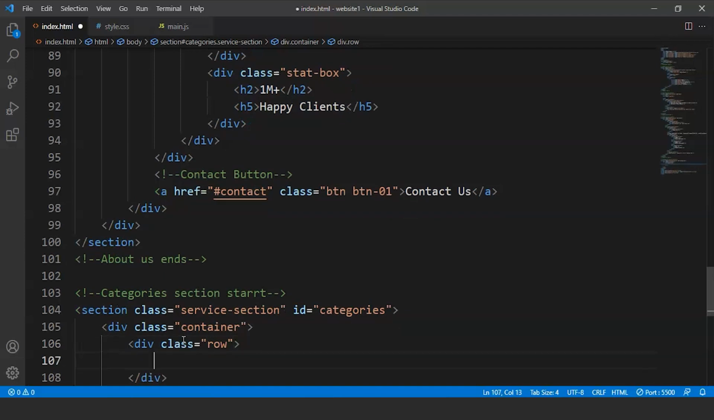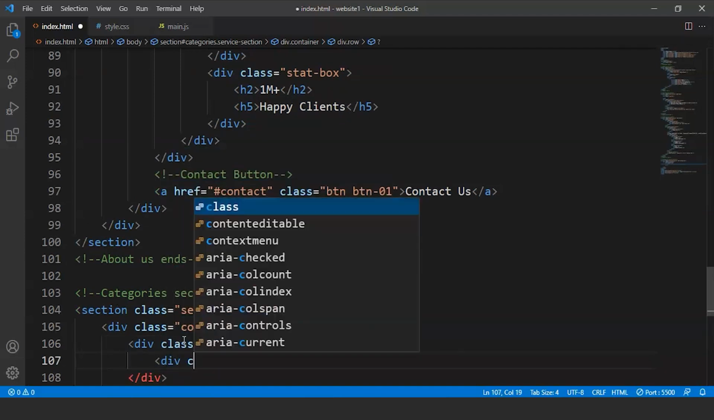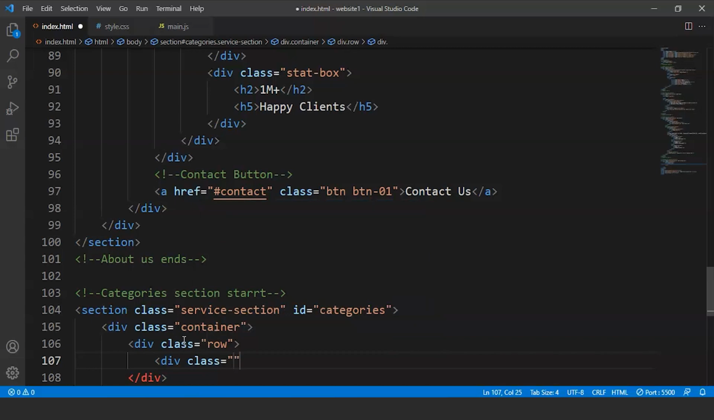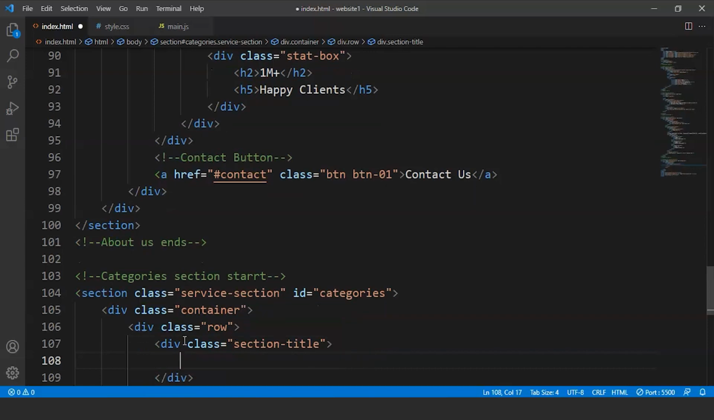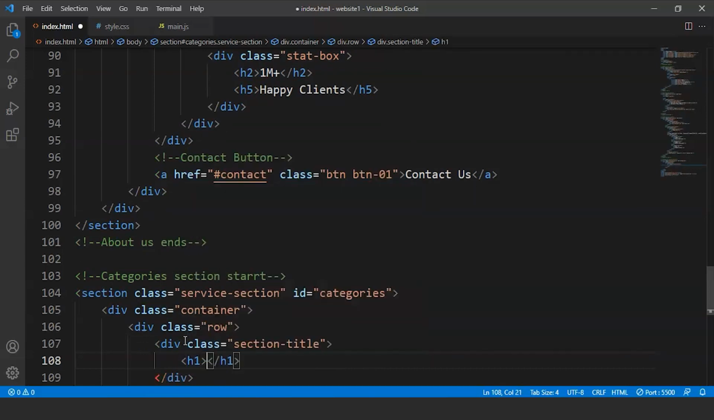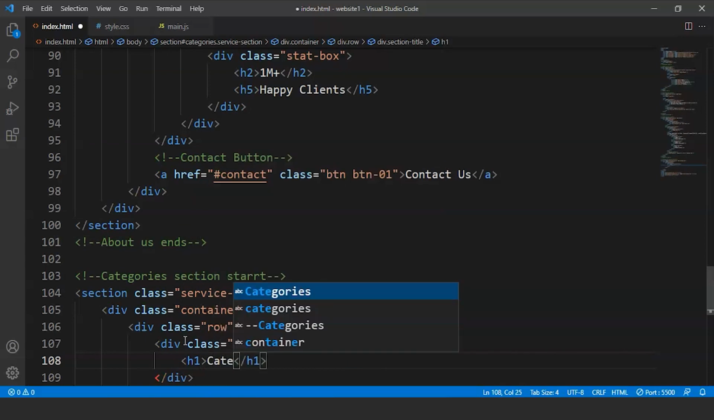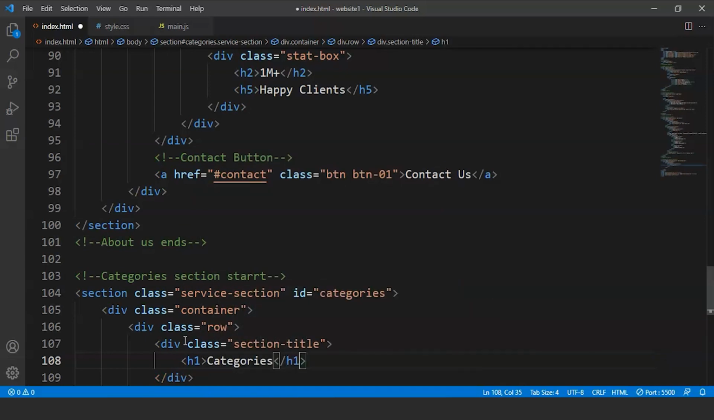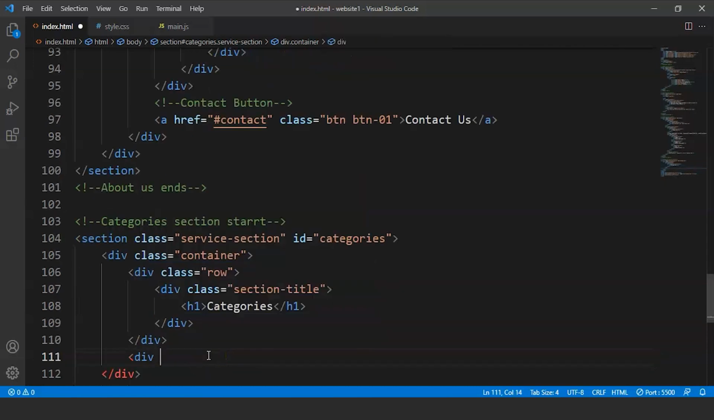and inside this we'll take another div tag. So we'll write here div class is equals to section title. So we are using all these classes because we'll need them in the CSS part. So what we'll do is we'll write here h1. Now inside h1 we'll write categories. Fine. Now over here what we'll do is we are going to take div class is going to be row,